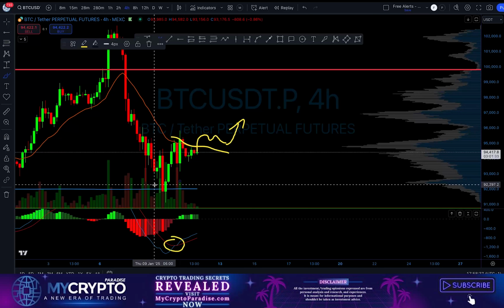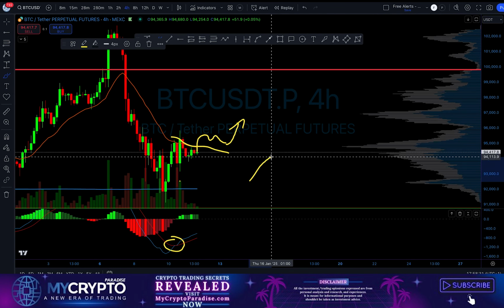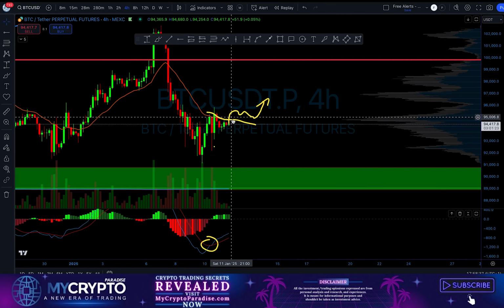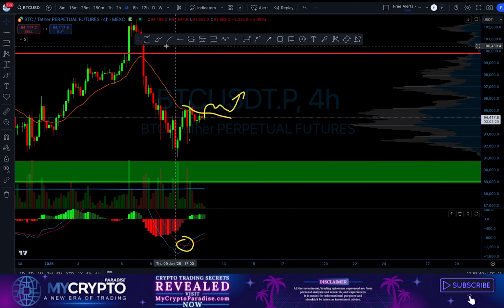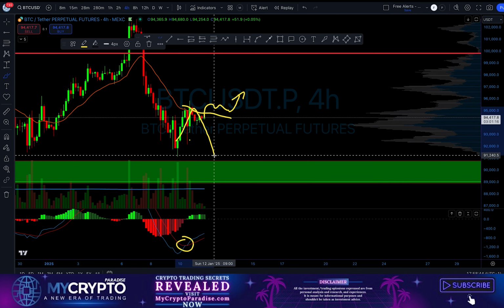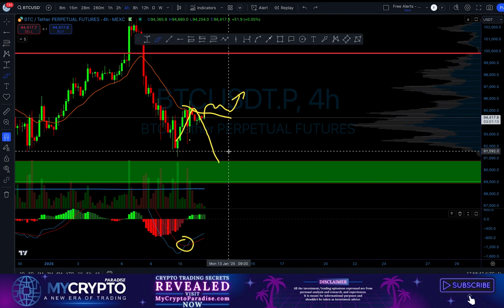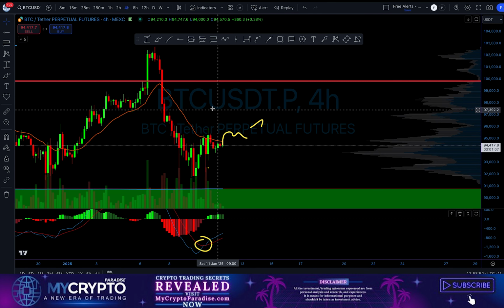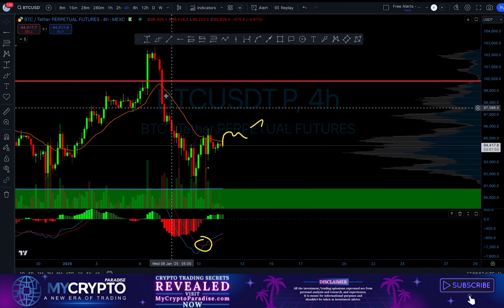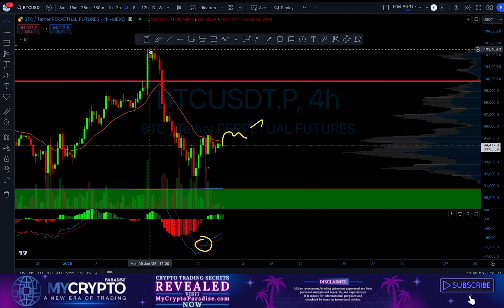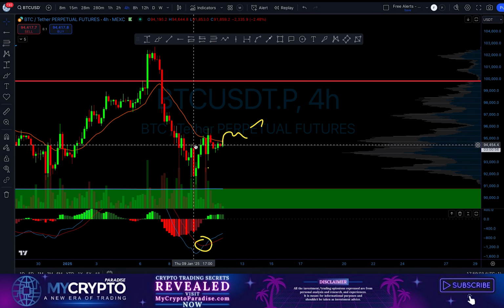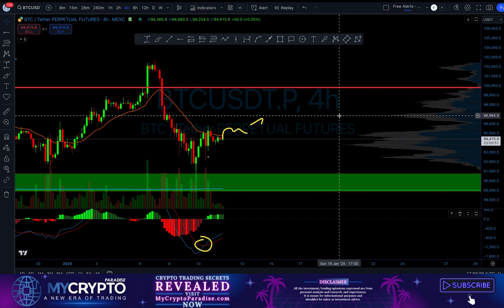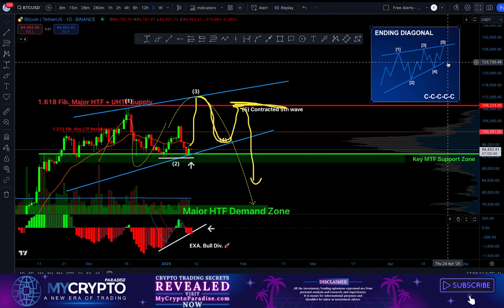So we have been entering around this level right here and we have already placed our stop loss to break even just to be safe if we are not able to cross above this moving average trend line, and we might have a little bit better entry because the C wave might end up a little bit lower. However, I do believe that our count is correct from the lower time frame perspective. The subwaves already formed the ABC like this. We have concluded that by analyzing closely the A wave, the B wave zigzag and the C wave also formed in 5 waves. So with the highest probability, this was it,